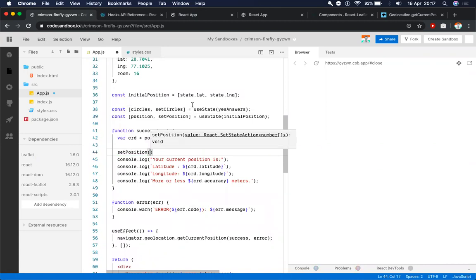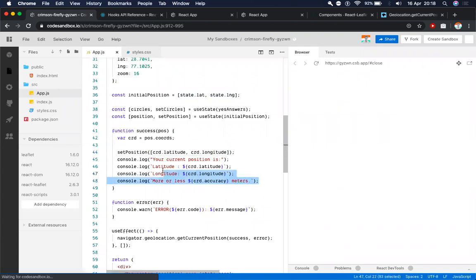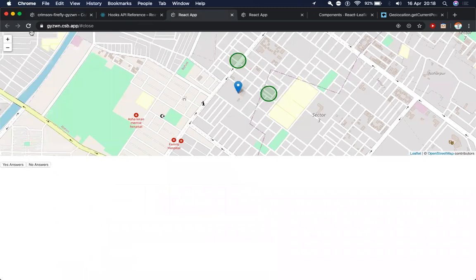In the position, we'll take this array here, and instead of latitude, we pass the user's latitude, and instead of longitude, we pass the user's longitude. The thing to take care of is that this only works if the user has given us access to their latitude and longitude. So I'll save this right now. We are still not getting the output here, but I'm sure that we'll now get our output.